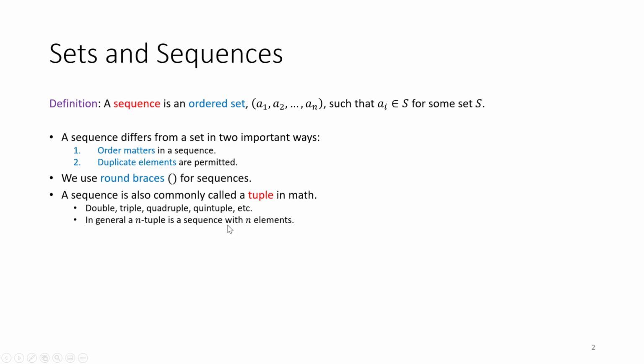But at some point we just give up and stop calling them, they're sort of Greek or Latin derived words. We're going to just give them a number and call it an n-tuple. And so we could call it a two-tuple or a three-tuple, but usually we'll go back and call them doubles or triples. Doubles are also sometimes called pairs. But if we have 10 elements, we might just call it a 10-tuple, or